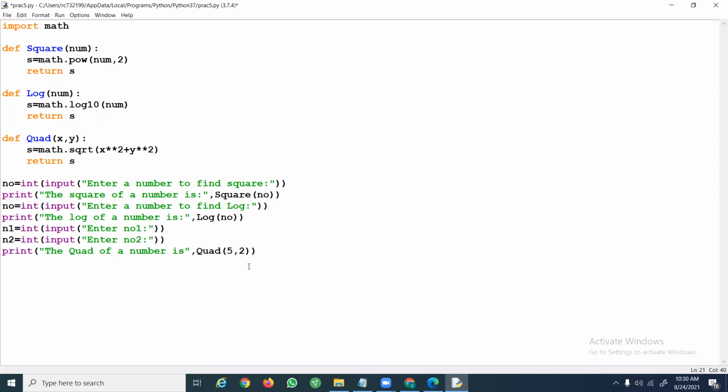Then you have to replace these values with n1, n2.